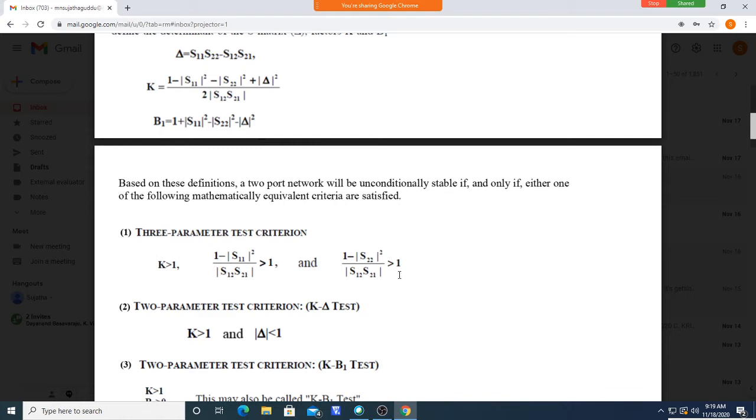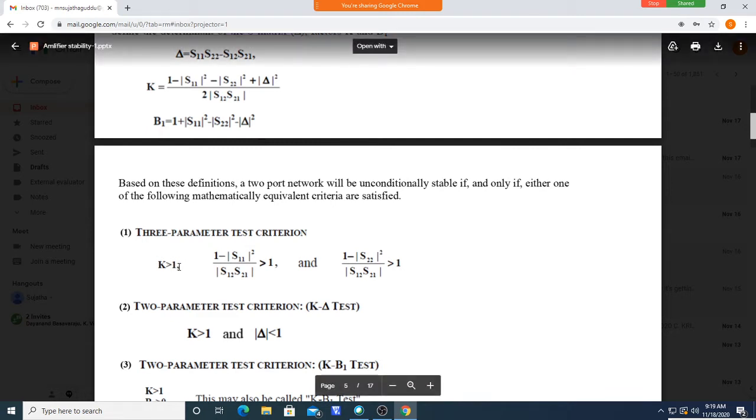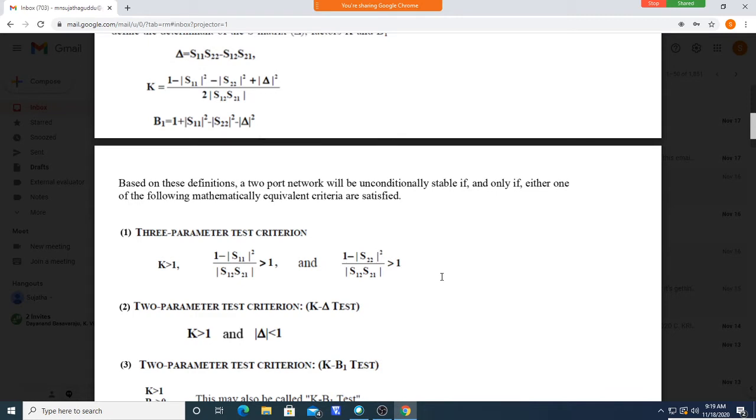You can take any value over the Smith chart as ZS and ZL. So automatically, you choose for 2 dB, the values lying on the 2 dB circle. Similarly, for the 1 dB circle, you can take any value like that. So you test for k and this parameter. If these are greater than 1, the system is unconditionally stable. You can use any impedance over that Smith chart as an input impedance.